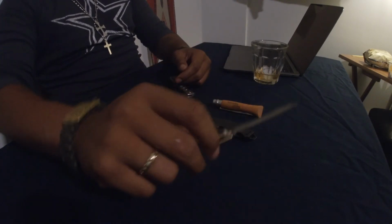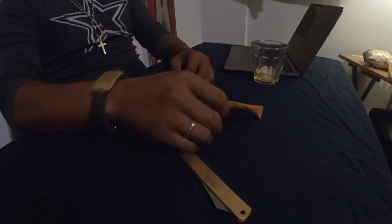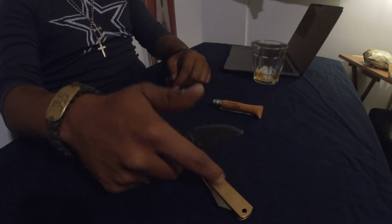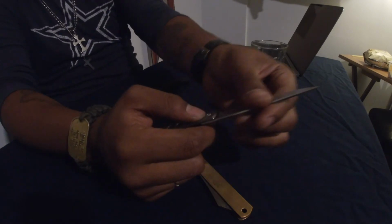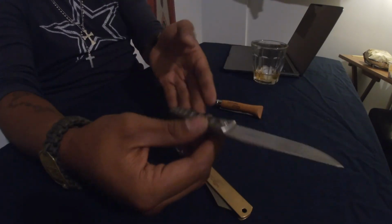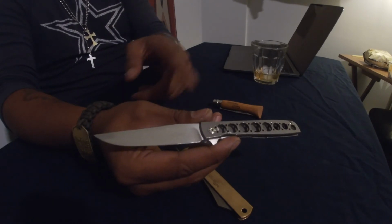It is a friction folder, and although it doesn't lock, I still would consider it a primary knife. But if I was going to take a knife like this out, I definitely want my secondary knife to be strong and sturdy and to lock, because this knife doesn't lock. I also got the Boker Urban Trapper. It is a gentleman's knife, and I know it's not expected to do a lot of the hard work, but